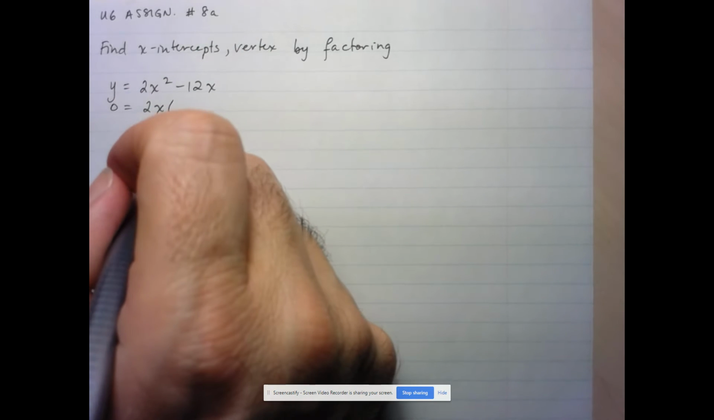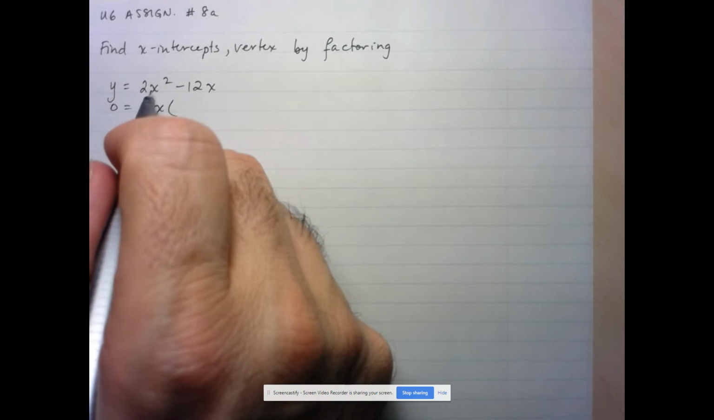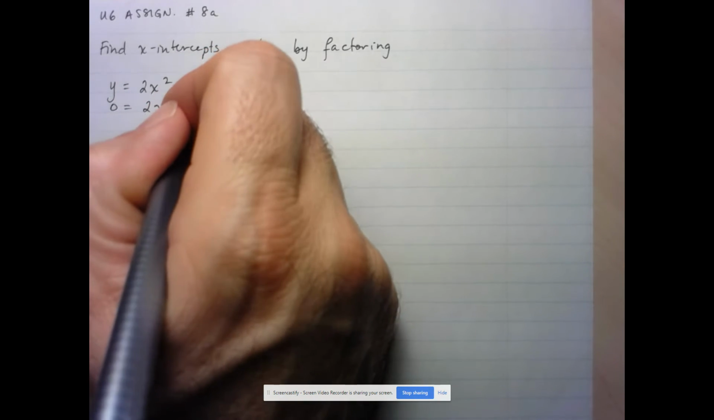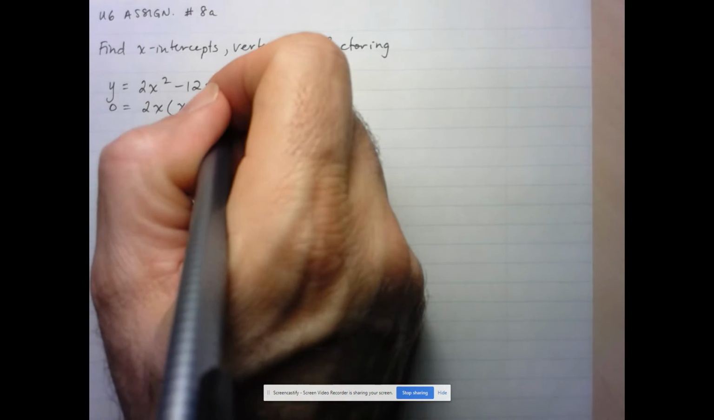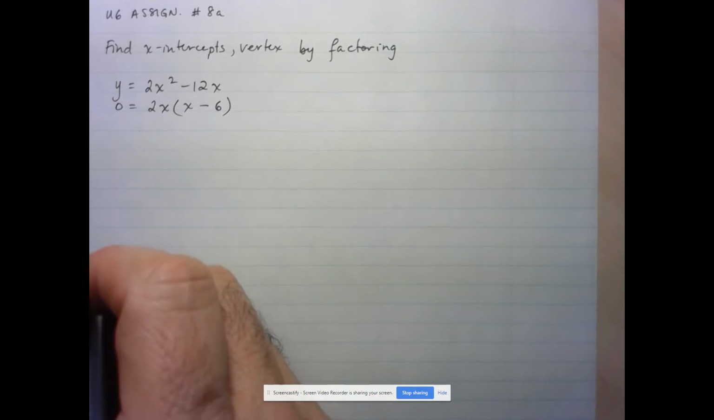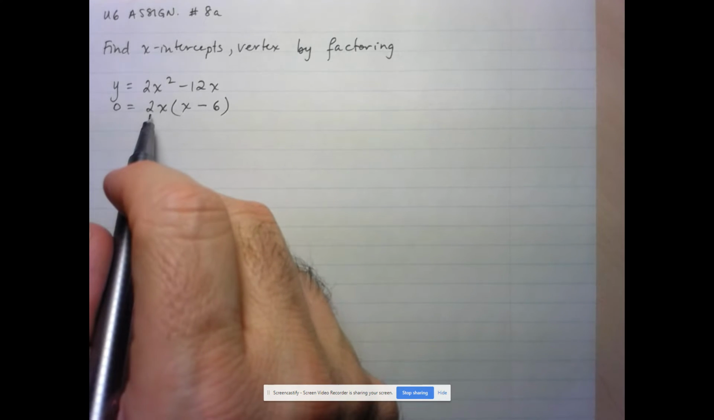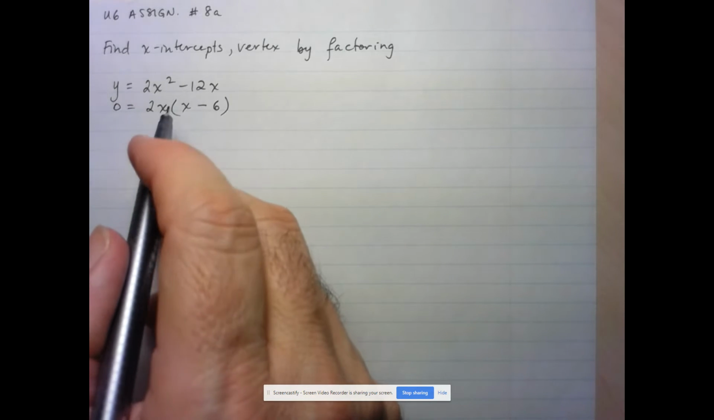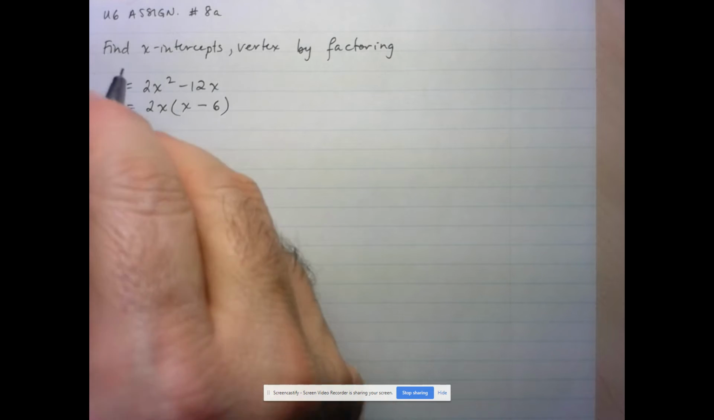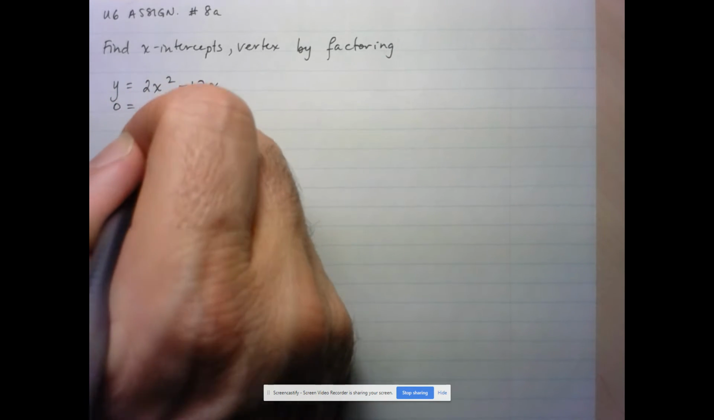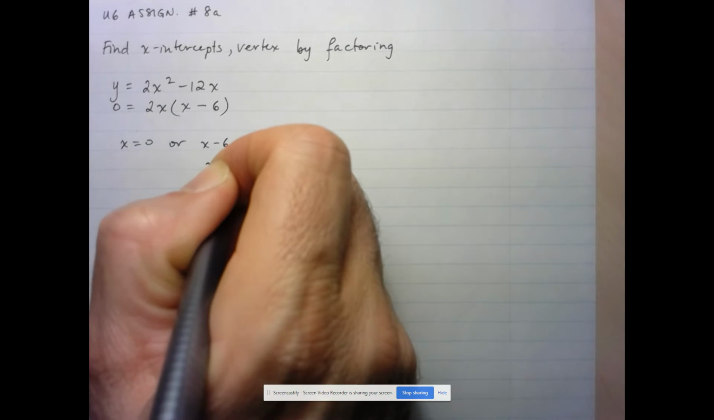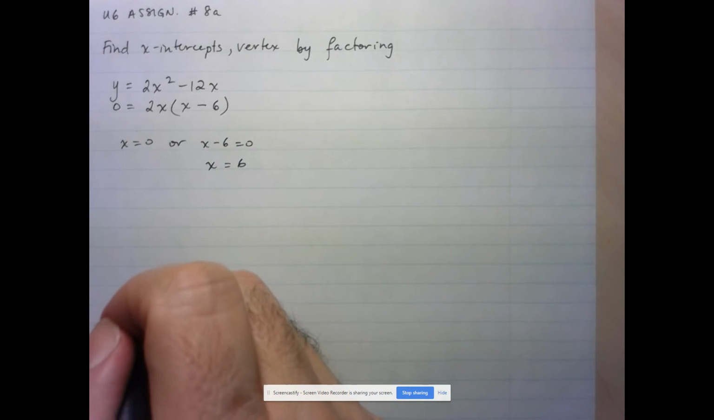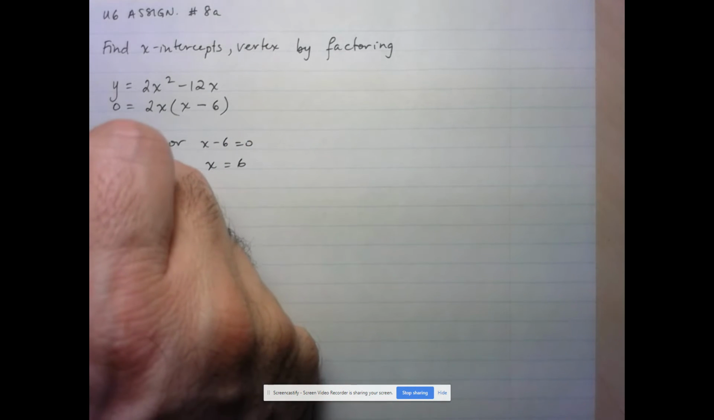When I factor out the 2x, I divide 2x from 2x squared and I'm just left with x, and when I divide 2x from 12x, I'm just left with 6. So I have 2, which can never be equal to 0, but then I have x times x minus 6. The only way for that to be equal to 0 is if x is equal to 0, or if x minus 6 is equal to 0, which gives us x equals 6. So we have the x-intercepts,